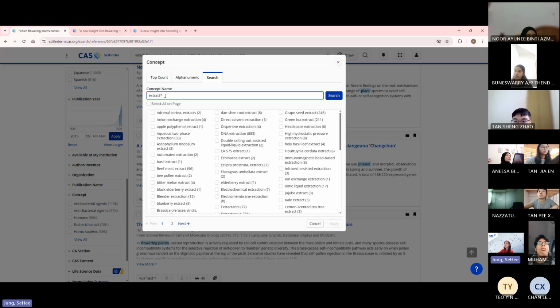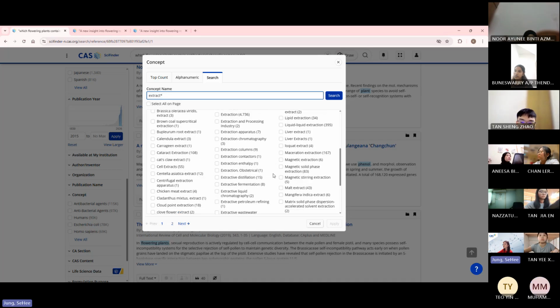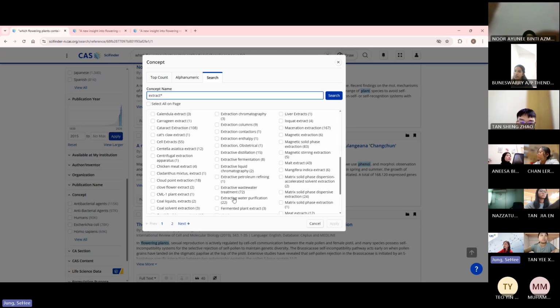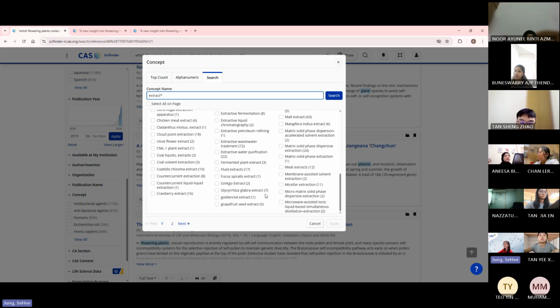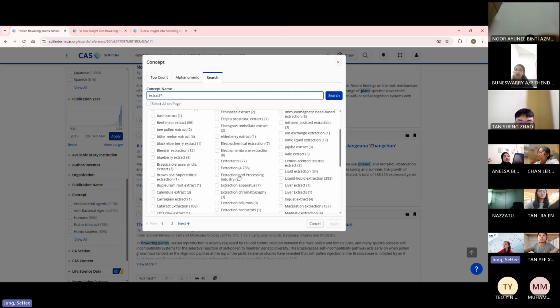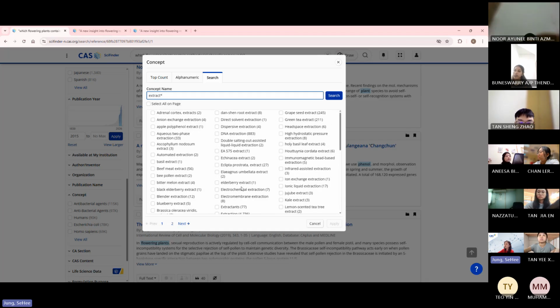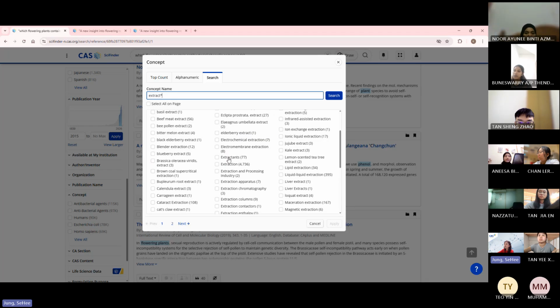So it's a long list. You can see that there's extraction, extracts, or maybe there'll be more, but it looks like extractive and all other things. Extractive wastewater treatment, and so on. So you can use this wildcard to expand the word on the right-hand side. Okay, so I think I'll be quite general and just click on extractants, extraction, and maybe add natural product